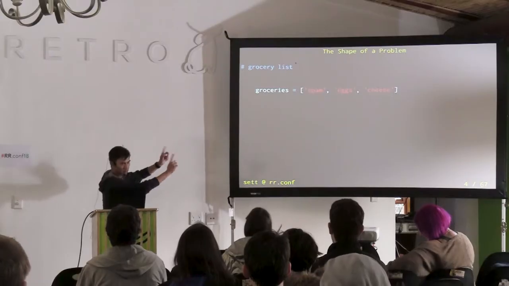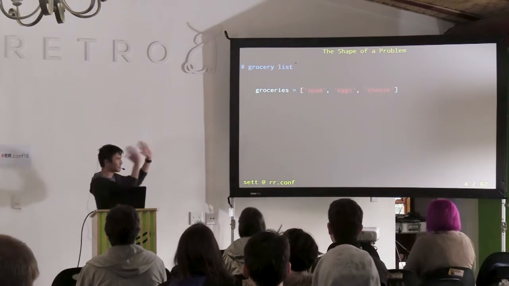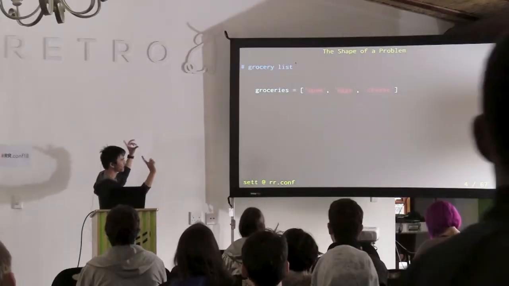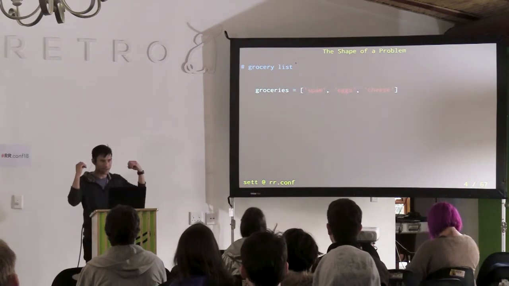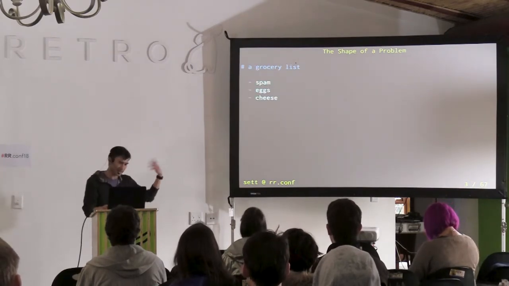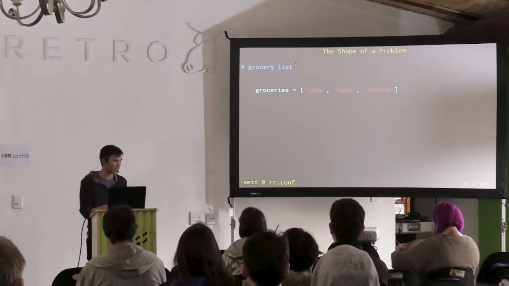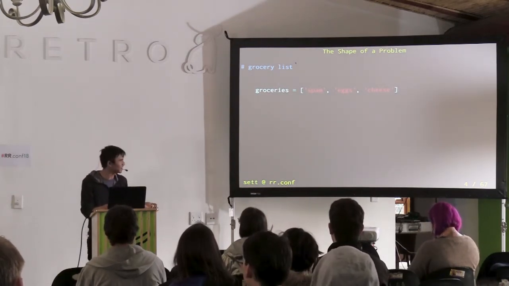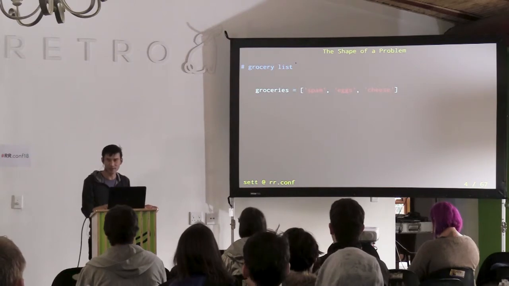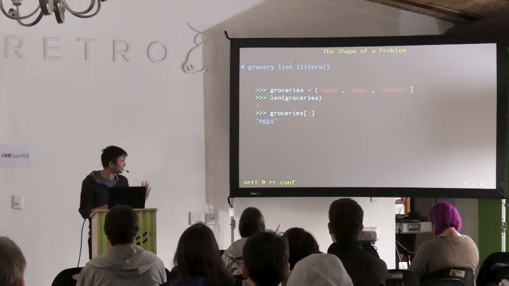It's fine. So you have a list literal, as we call it, and it's just saying, here's a list of strings, a list of things, and it's in brackets, and that's how we would represent a grocery list in Python, for example. The same thing in JavaScript. I don't think Java allows list literals. You have to make builders and that sort of thing, but that's the case.